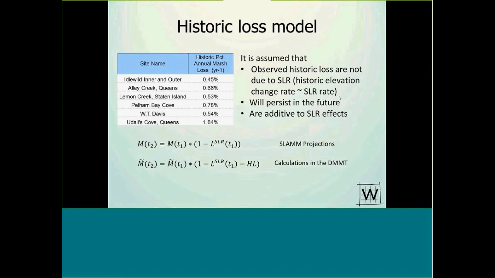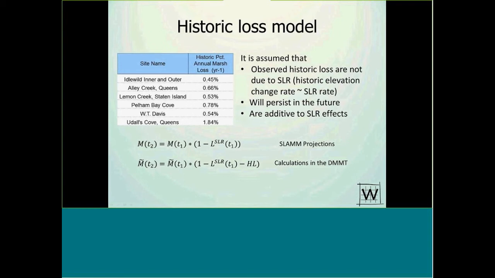And I discussed a little bit about the historic loss model, and I think it's an important way to look at the results. Say, okay, some of these results may be a little bit overly optimistic because we're looking at only sea level rise effect. Let's look at non-sea level rise effects and assume that they continue, or look at some bounding analysis. So you can play with the historic marsh loss and see if that has any impact,